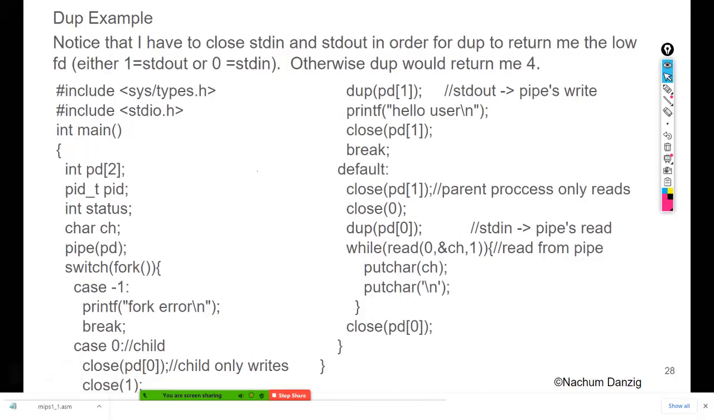So if it's the child, I close the pipe. Which side of the pipe do I close? The read side, because the child is going to be writing this time. So I close the read side. I also close 1. What is 1? 1 is writing to the screen. So I close 1. Now when I do dupe,